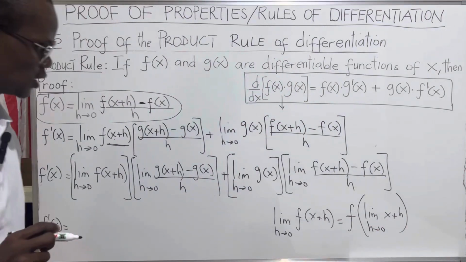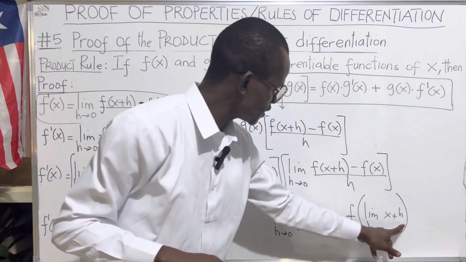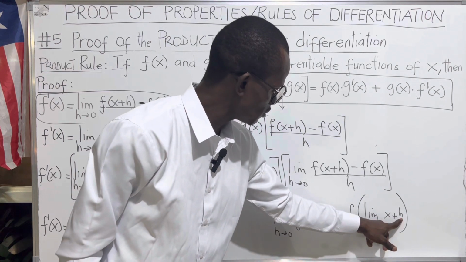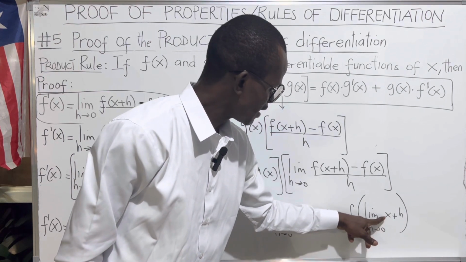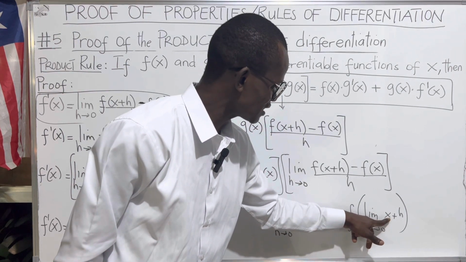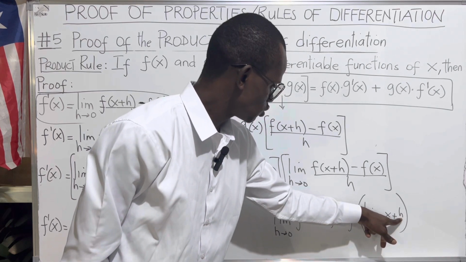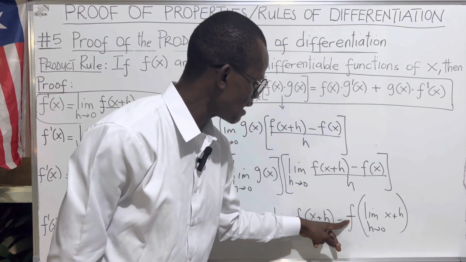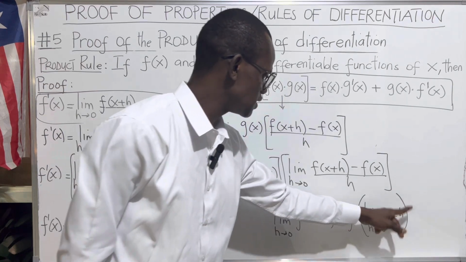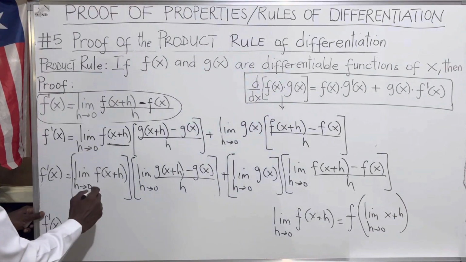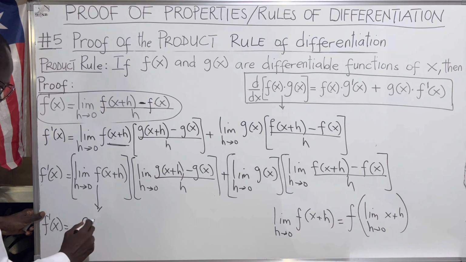So you see it? If we apply the limit right here, where we see h, we put 0. Where we see x, x is just a constant, so it will be x plus 0. So your final result will be f of x plus 0, which will just be f of x. So this whole thing will just end in f of x